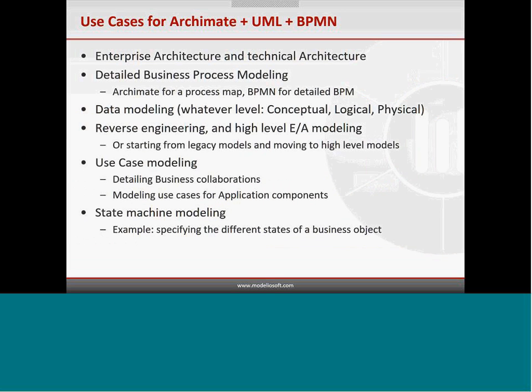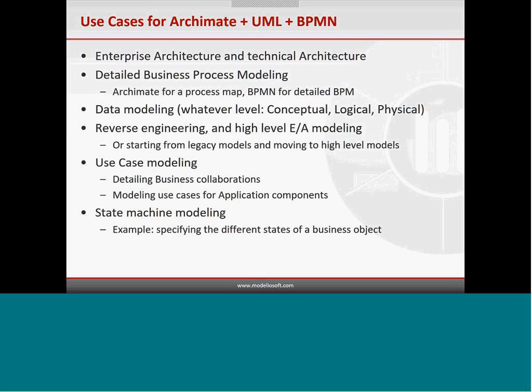There are several use cases for using ArchiMate combined with UML and BPMN. One use case is enterprise architecture and technical architecture. There is a white paper on the Open Group site on using ArchiMate plus UML that focuses on this kind of use case: ArchiMate for enterprise architecture, and UML for technical architecture. You can also do detailed business process modeling. You can do, for example, a process map, which is a high-level view of business processes, and use BPMN for detailed business process modeling. Modeling can also be done at whatever level, conceptual, logical, physical, between